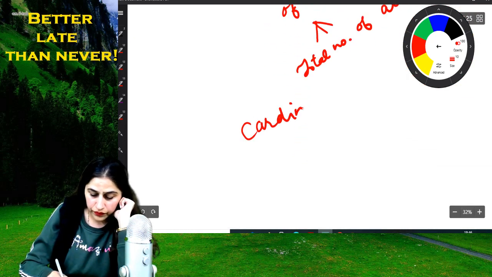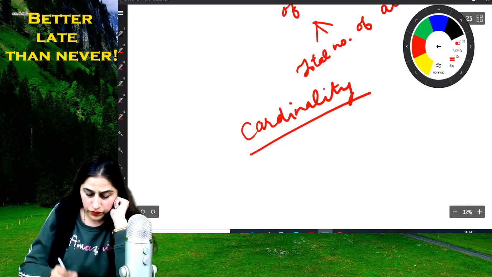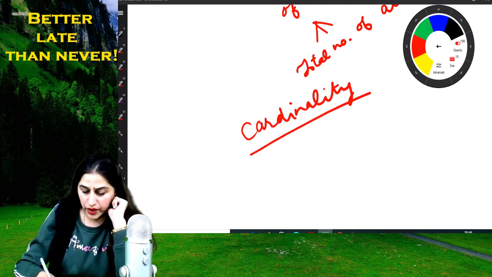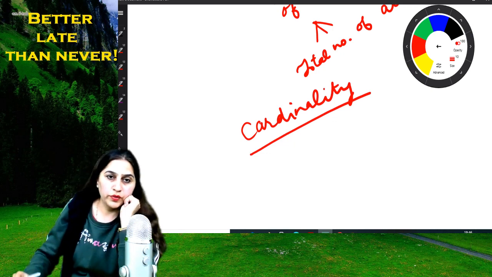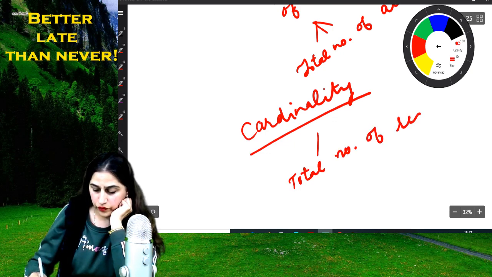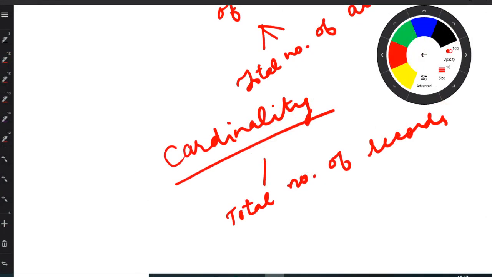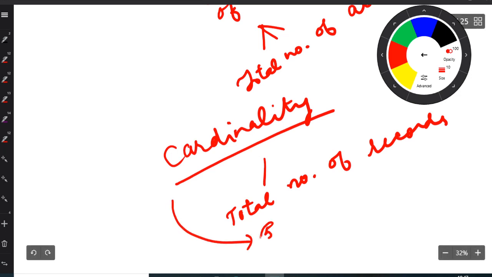Cardinality, this is just terminology of a relational model of a database. Small terms you should know as a base of the database management subject. Cardinality means total number of records. Suppose I have stored information about 5 employees in a table, so the cardinality will be 5.